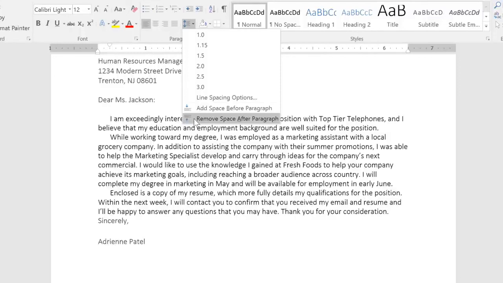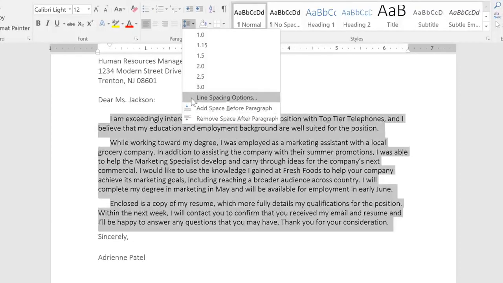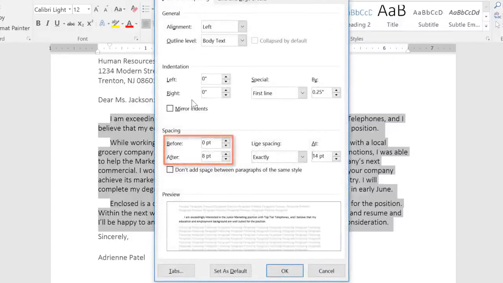Just like with line spacing, if you want to fine-tune the paragraph spacing, go to Line Spacing Options, and then you can type in whatever values you want for the space before and after. I think I'll try